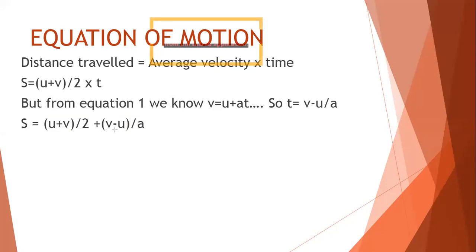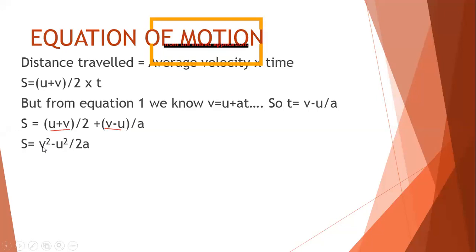Now look at this equation, it is u plus v plus v minus u. It's so interesting: u plus v and v minus u is a relation. If you remember, there is a mathematical relation a plus b times a minus b. You know very well a plus b times a minus b becomes a square minus b square. So the same way, a plus b, a minus b, what will it be? A square minus b square.